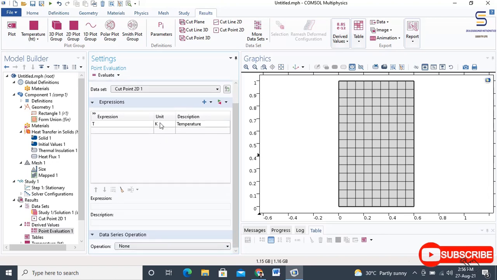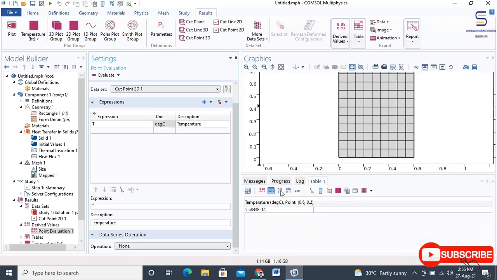In the expressions, the unit K is given directly, but you have to type it explicitly as degC, with a capital C. Click the evaluate button. Observe that a table is being formulated in the log window. The temperature is 5.6843 E power minus 14.